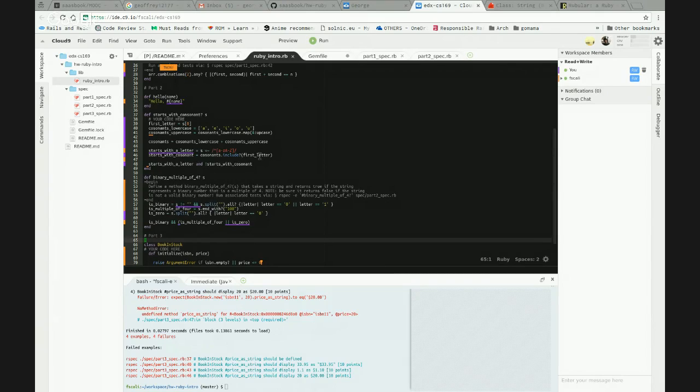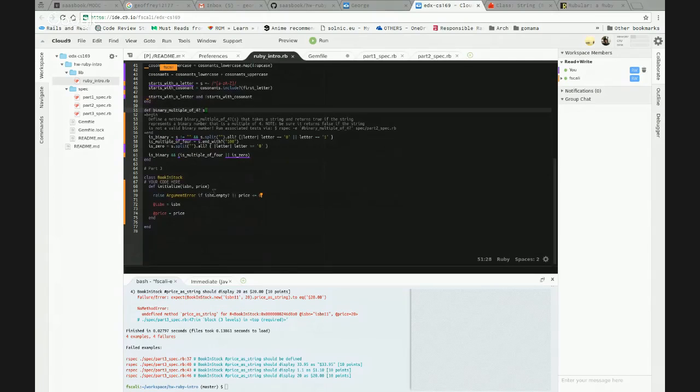There's no failing specs for it. So we can now do the price as string. Okay, a method price as string that returns the price of the book formatted with a leading $ sign and 2 decimal places.